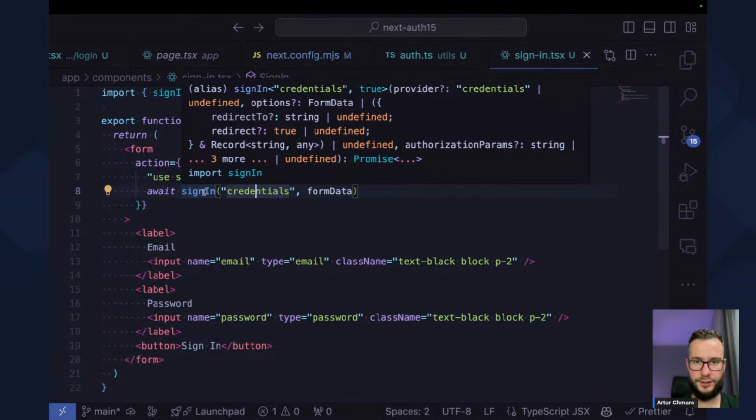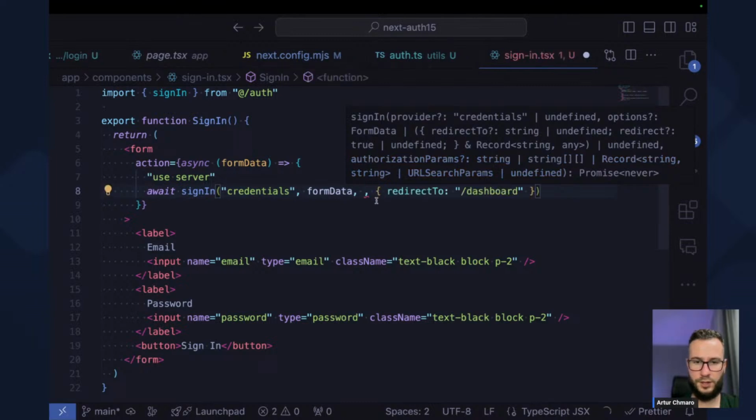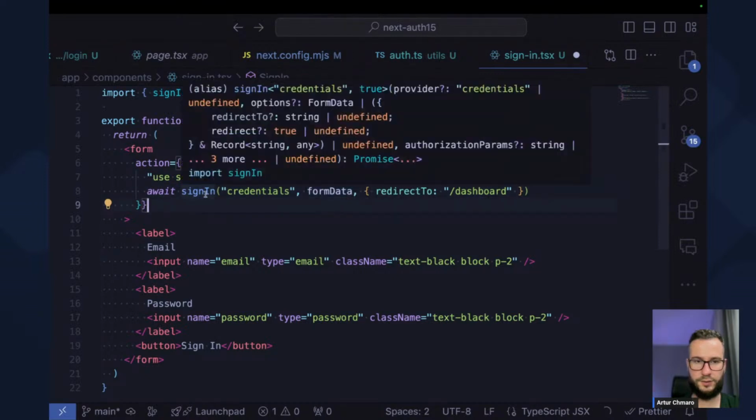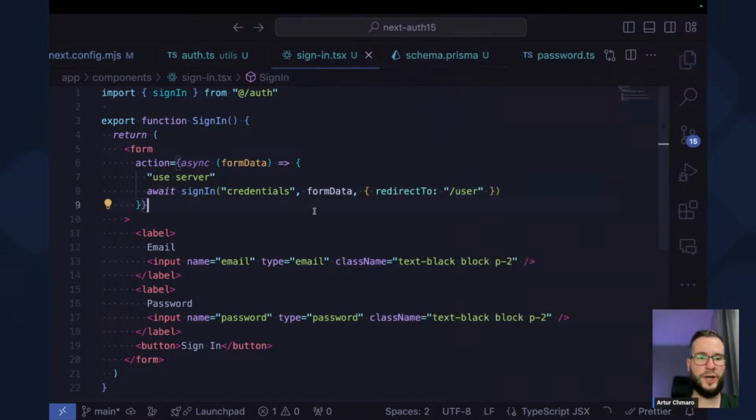So the first is credentials. Then we have the options. And perhaps we can do it like that. Form data, no. So it takes credentials. We can redirect to our user page. Okay, so what we have now is we have login page, we have protected root, and then